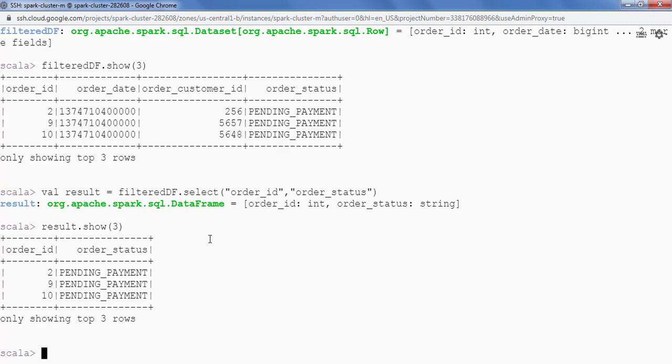So let's save this data into HDFS in Parquet file format. Let me clear the screen first. So I'm going to say result.write. Result.write returns a data frame writer. On top of that, I'll be saying parquet. Result.write.parquet and then providing the file path.